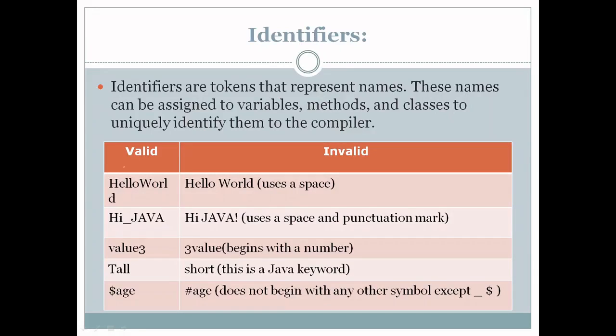So look at the first, a valid identifier. We have hello_world, and in case of invalid identifier we have "hello world", but as you can see there is a space in between hello and world, and that is the reason this is invalid identifier. Now consider you are declaring a variable. How you assign a name to a variable? Can a variable name include a space in between? So can you declare a variable like this? For example, okay, look at this. If I want to declare a variable, if I say int,